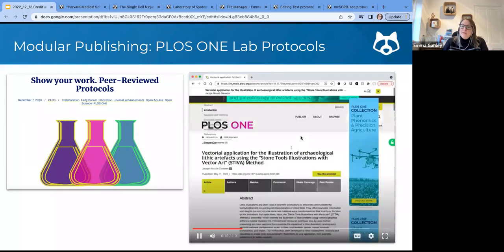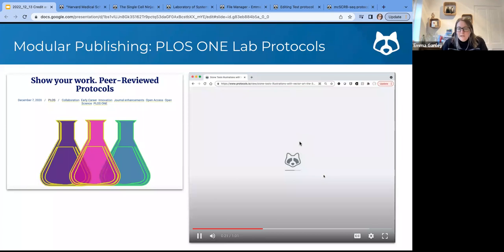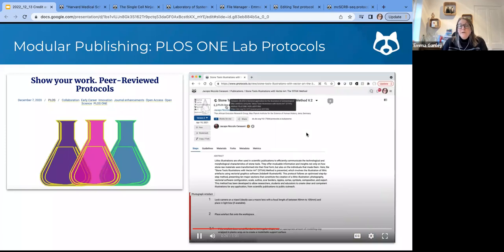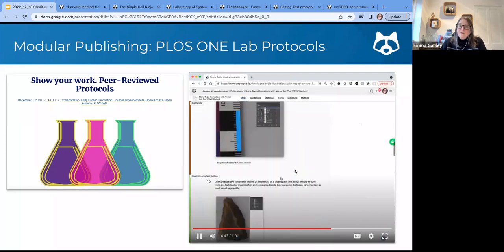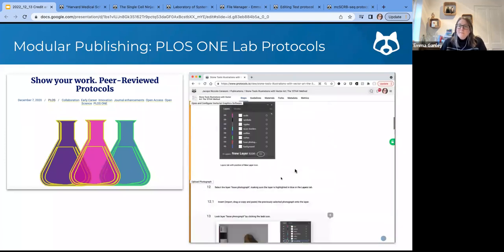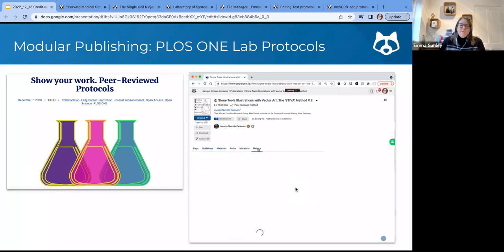So these article types are required to have the methods on protocols.io, and they are bidirectionally linked one to the other. So you go from the article to the protocol on protocols.io. It's clear it's the PLOS ONE paper, has a special peer-reviewed badge, and then all of the benefits of a protocol on protocols.io. So it becomes this step-by-step, much easier representation of a complicated method, as you can see. So that's highly beneficial. You can include also materials here and specific guidelines on protocols.io.